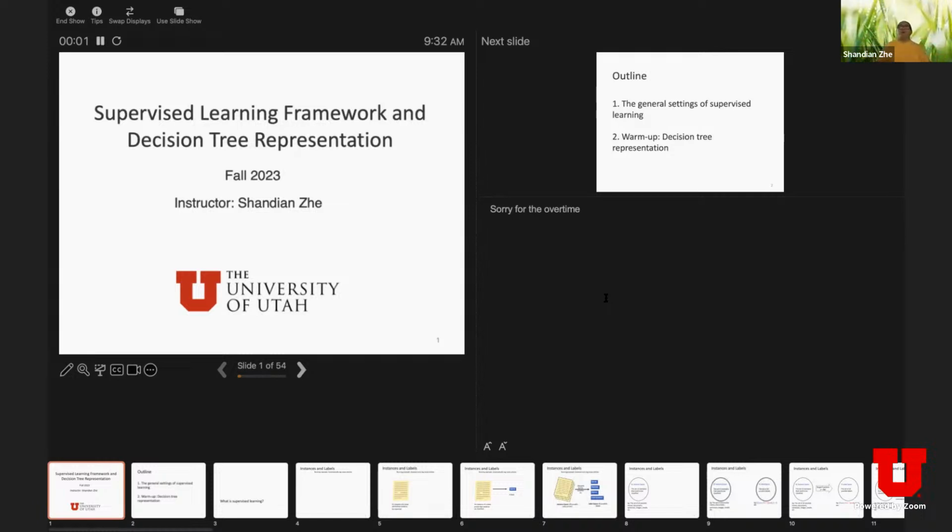Yes. So in practice, to evaluate whether our learning algorithm has found a good approximation to a target function F, we're not going to draw some function curves in MATLAB or in Python and compare the curves. Instead, we're going to draw test examples from the instance space. And we'll draw a finite number of test examples. We cannot draw an infinite number of test examples, right? Then we'll look at whether the prediction made by our learned function is consistent with the ground truth. We expect that as long as we have a large number of test examples,